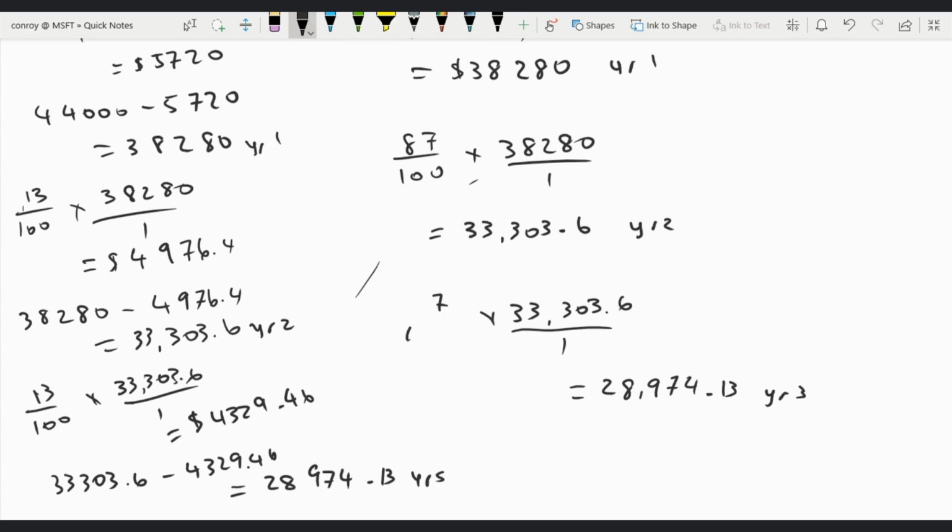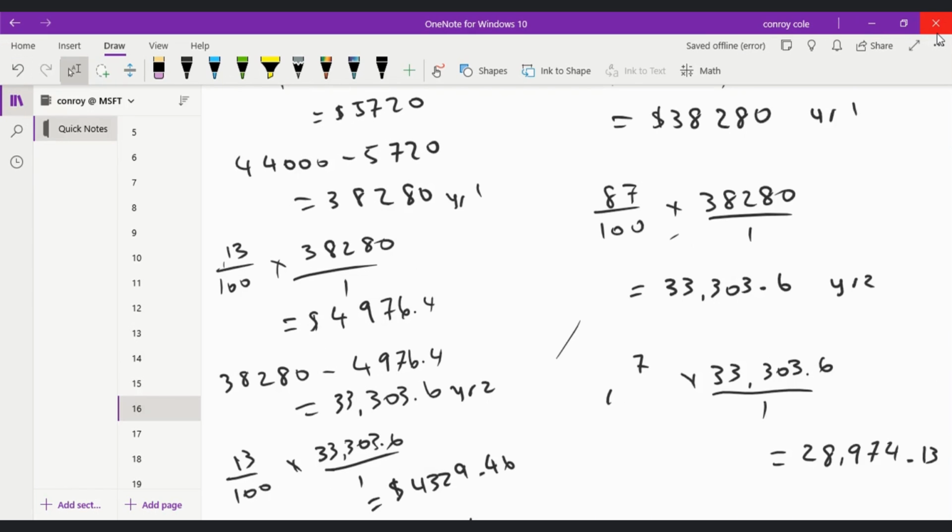So in realizing that the 13% depreciation, as we are able to represent our 13%, we did it in the first year. Second year now, it depreciated to 38,280. We got that depreciated value of 4,976.4. Subtracting that now from the costed item, it would give us our second year depreciated cost. We do that to find our third year. Awesome. Moving now to our next question, which says